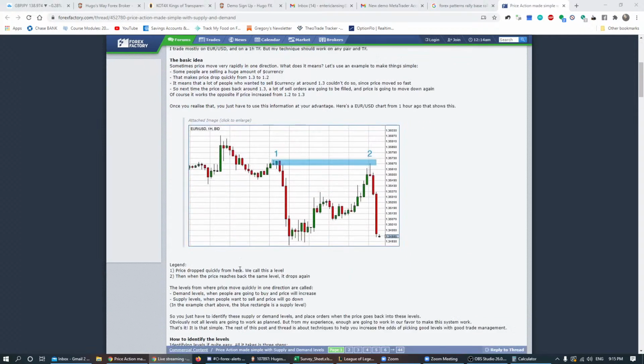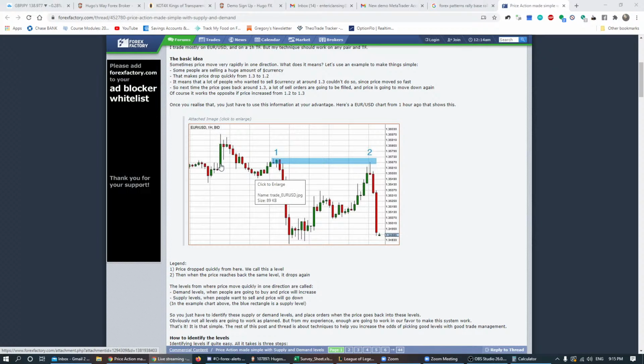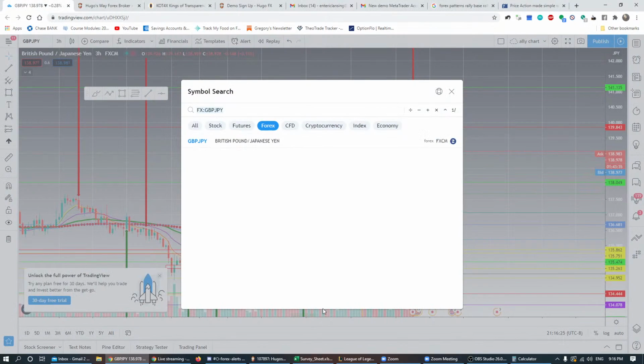So yeah, if you simply understand supply and demand, look how accurate this is. So you had a drop, a base. Okay, so this looks like a base rally. So this is drop, base. This is the base right here. Drop, and then we had a rally. So that would be the rally, and this would be drop, base. If you consider this as the base right here for the next drop, you can enter here. So this is what we're seeing right now for